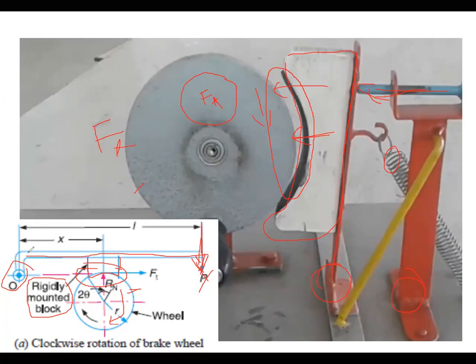Now I'm going to take the total distance of this lever. The total distance of this lever is considered as L, and the distance from the fulcrum, the fixed point, to the center is a X, and from the fixed point to the total length of the force is L. The frictional force will be tangential, because the force is acting in the tangential direction.